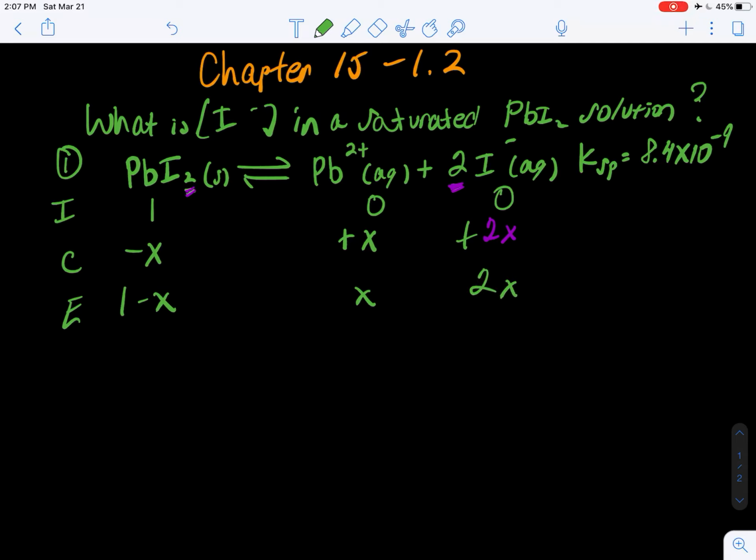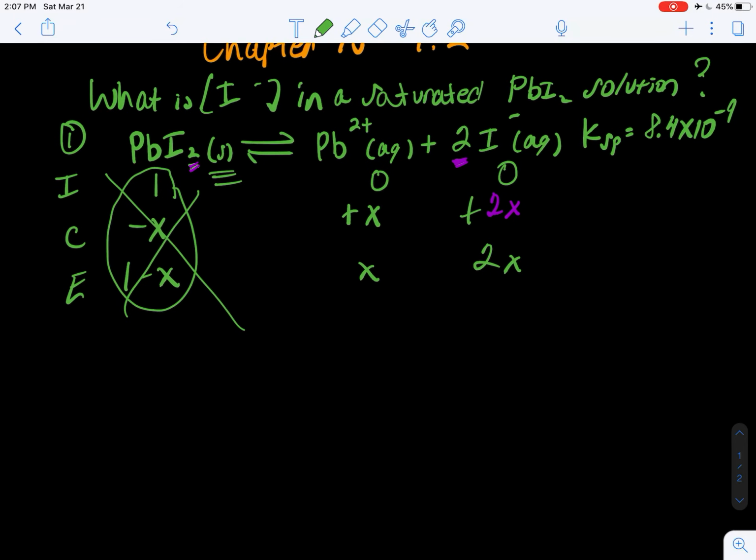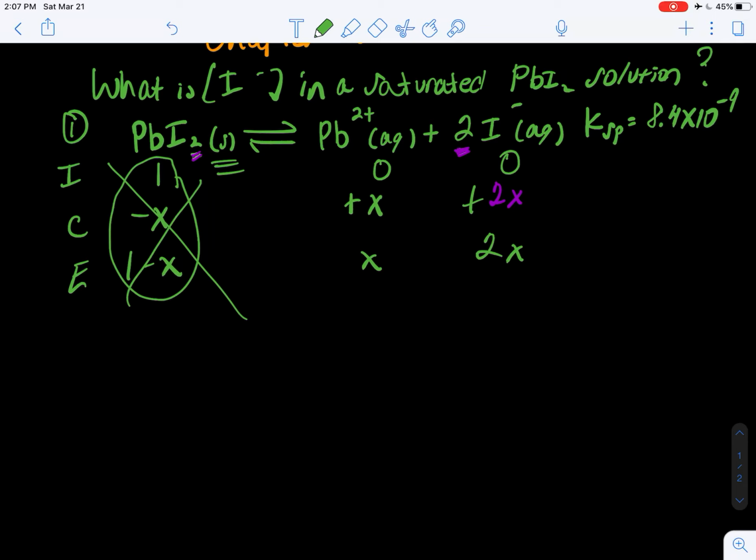Now here I'd like to point out that this is a solid, so we really don't care about any of these values. I just have people put a number 1 in there because it sometimes bothers them if they leave it blank. Now, so that's our ice table. Step 3, we want to write out the equilibrium expression. KSP is going to be equal to the concentration of lead 2 plus